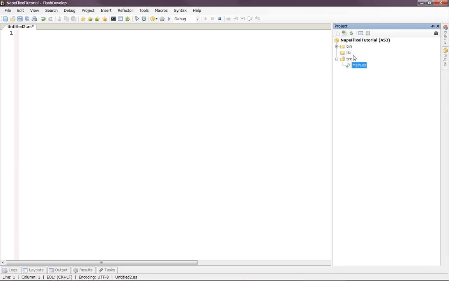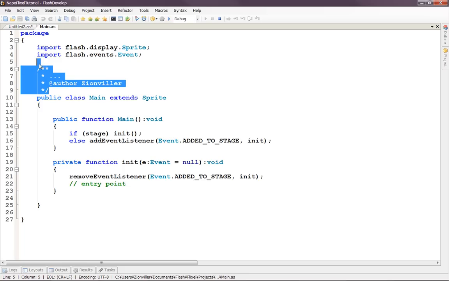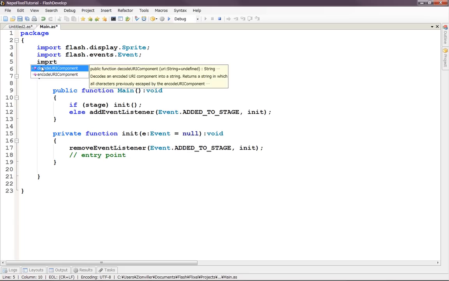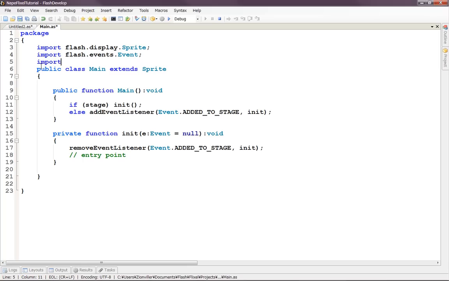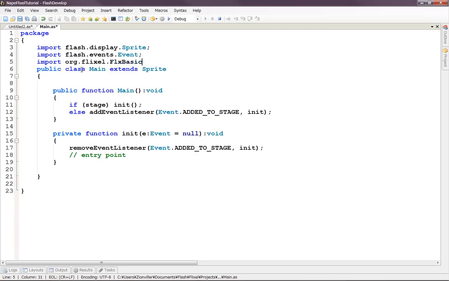So now, when you make a new project, it gives you this main ActionScript file, which is just sort of our entryway into the program. Anyway, to check and see if we have Flixel brought in, one surefire way to see is by trying to import Flixel. FlashDevelop is very smart, so if you just start typing Flixel, as you can see here, it already does everything for you. And you can just click one of these and then make it a star,